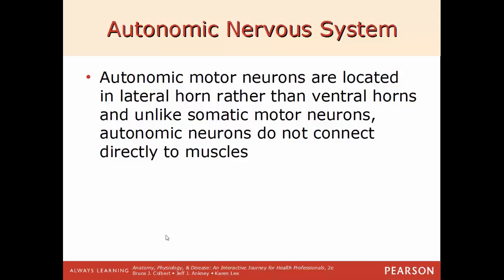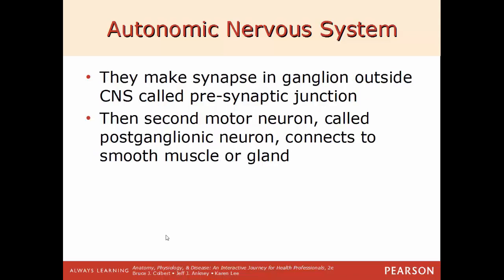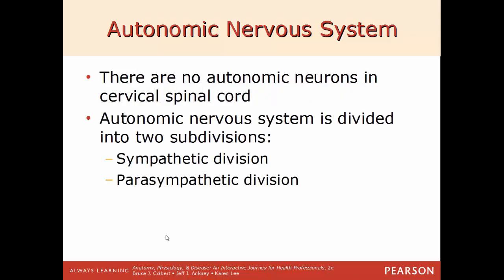Now, the autonomic motor neurons are located in the lateral horn rather than the ventral horns. And unlike the somatic motor neurons, the autonomic neurons do not connect directly to muscle. Now, they make a synapse in the ganglion outside the CNS called the presynaptic junction. Then a second motor neuron called the postganglionic neuron connects to the smooth muscle or to a gland. Okay, there are no autonomic neurons in the cervical spinal cord at all, and the autonomic nervous system in general